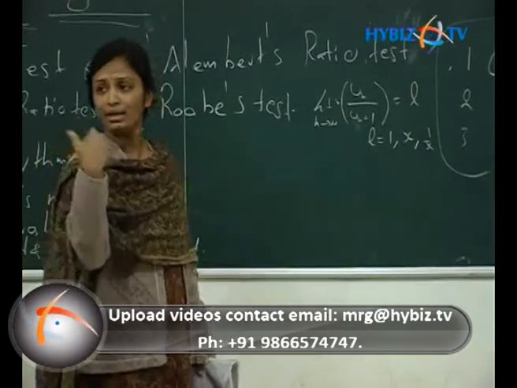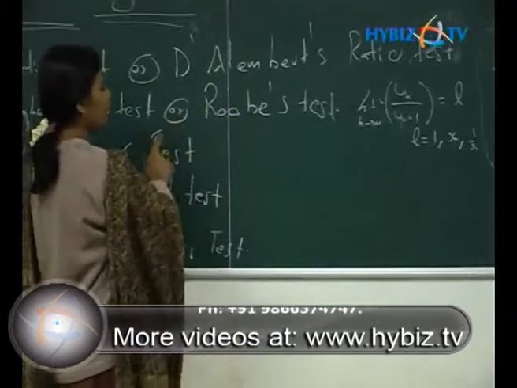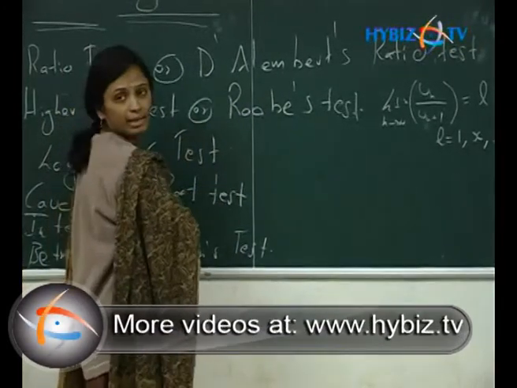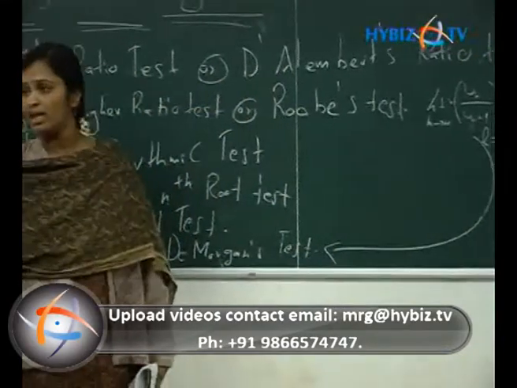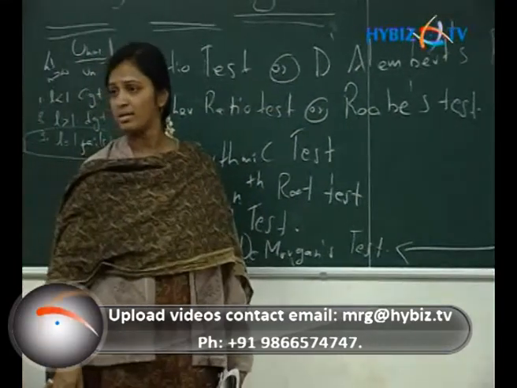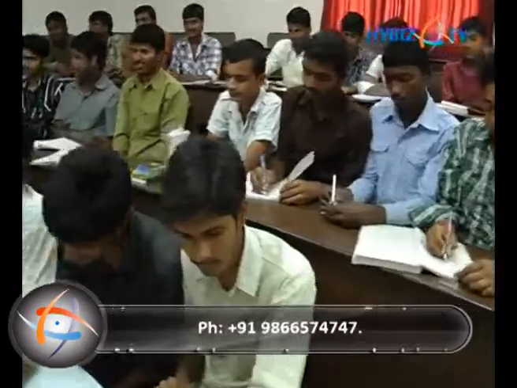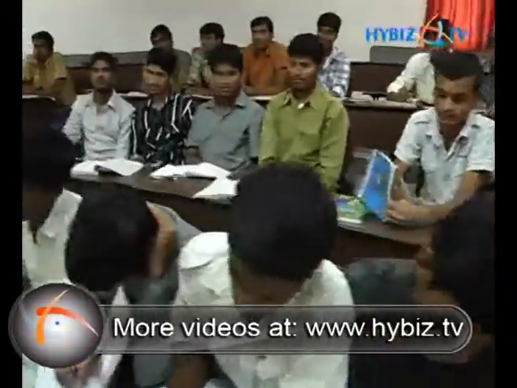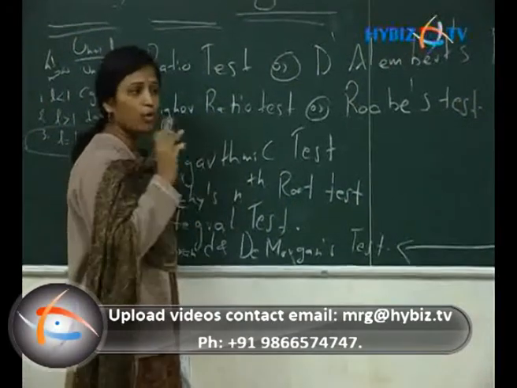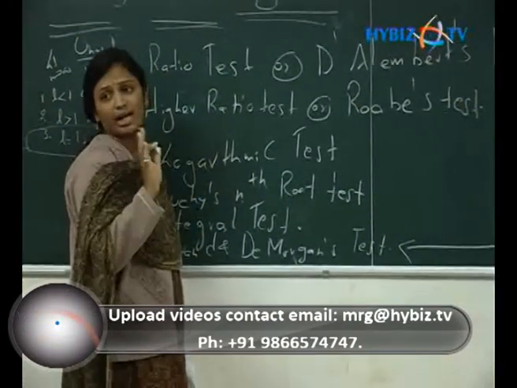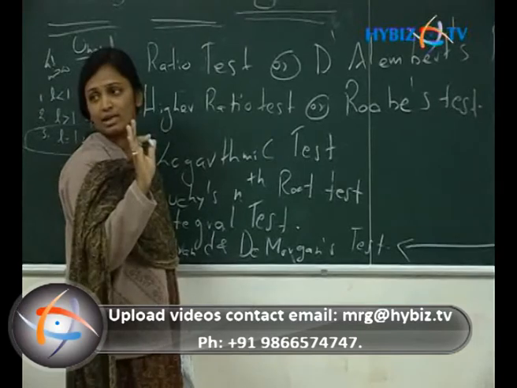Now you need not go for logarithmic or Cauchy's or integral test. Directly you have to jump to the last test, De Morgan's and Bertrand test. Why? Because based on this test, the word "test fails" will not be there. Only the solution is convergent or divergent. That is our only result.